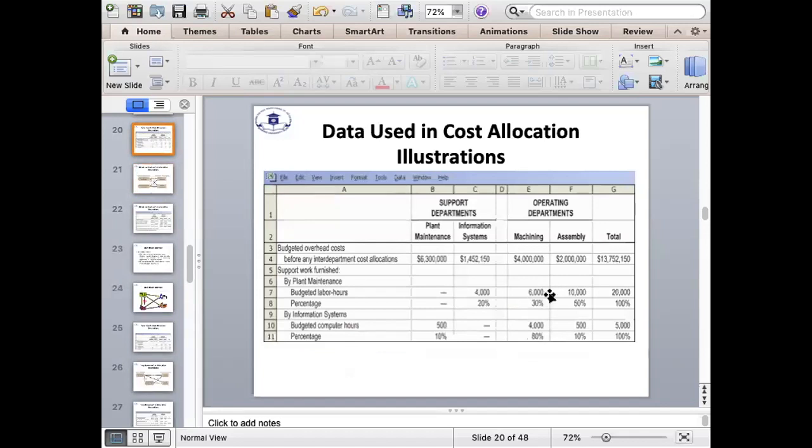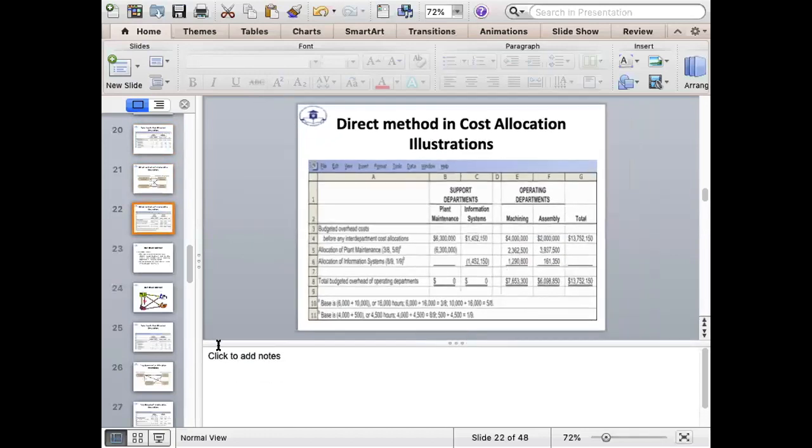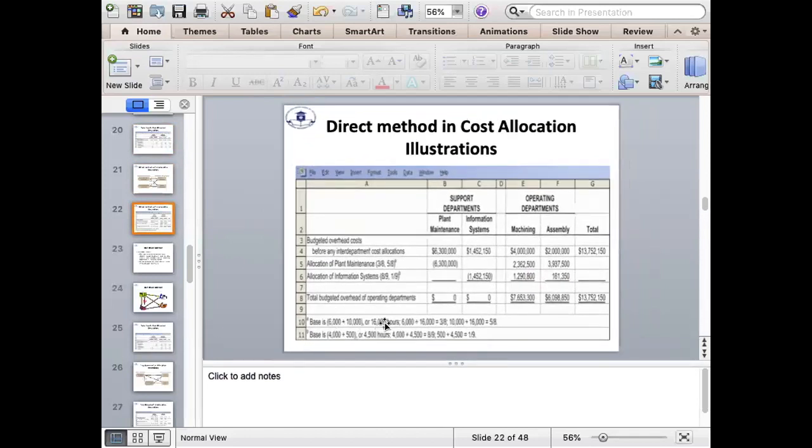6,000, 10,000. So total 16, all right? Total is 16. So 6 divided by 16, allocate here, and 10 divided by 16 allocates here. So let me write down here. It's already mentioned here, so I do not have to write it down. I will write for you